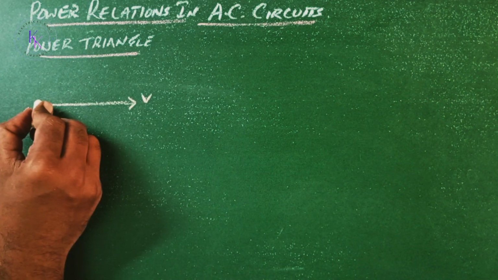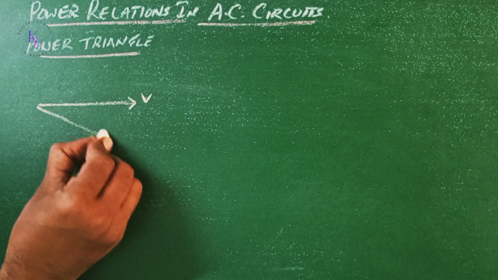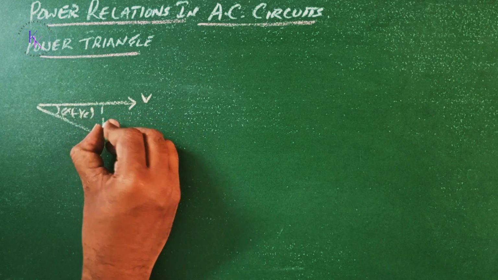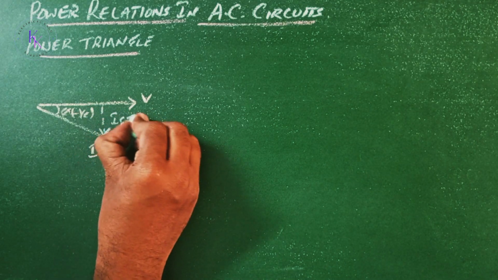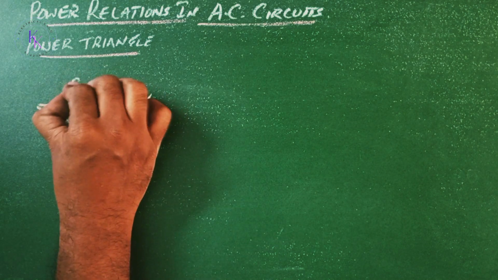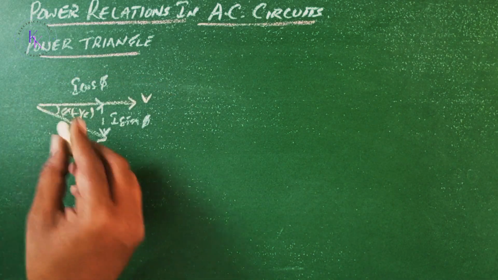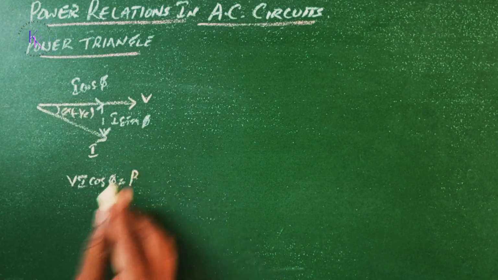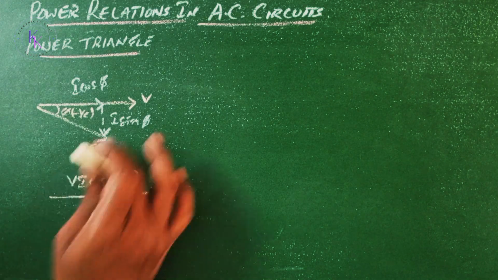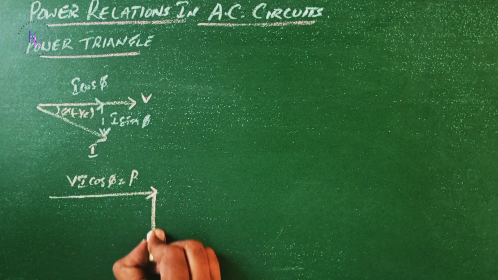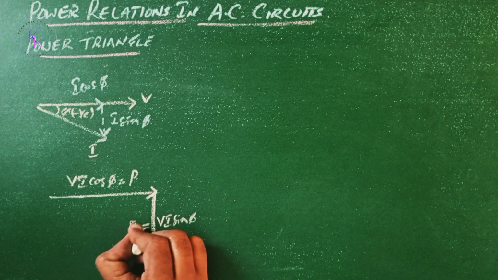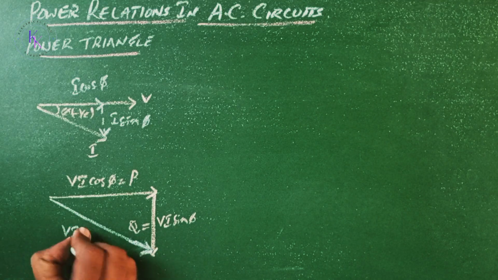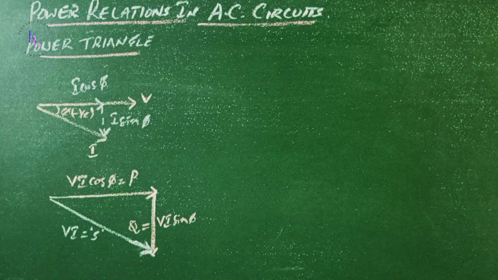In an inductive circuit, the current I lags the voltage by an angle phi, which is a negative value. Construct a right triangle. Then this is I sin phi, and this is I cos phi. In terms of power, VI cos phi gives us the value of P, and VI sin phi gives us the value of Q. This is the vector sum of P and Q,